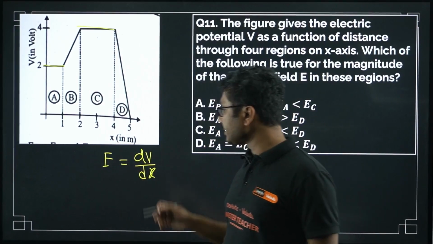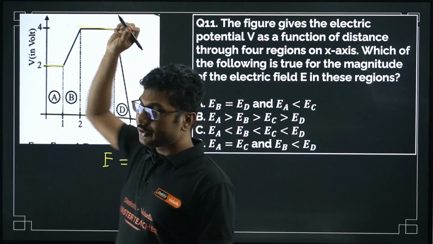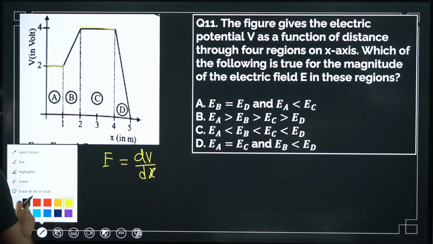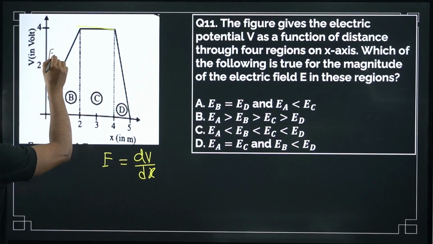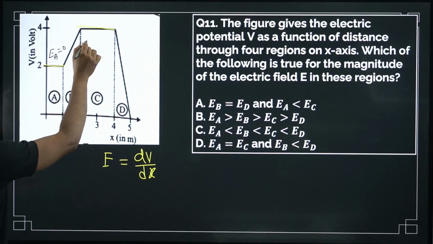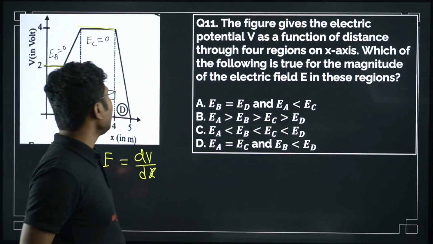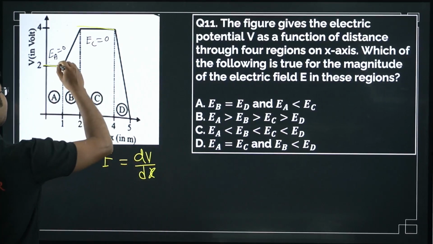Similarly, if V is constant, dV will be 0. So the electric potential for these two points, VA and VC, is constant, so EA equals 0 and EC equals 0. Okay, now in this region